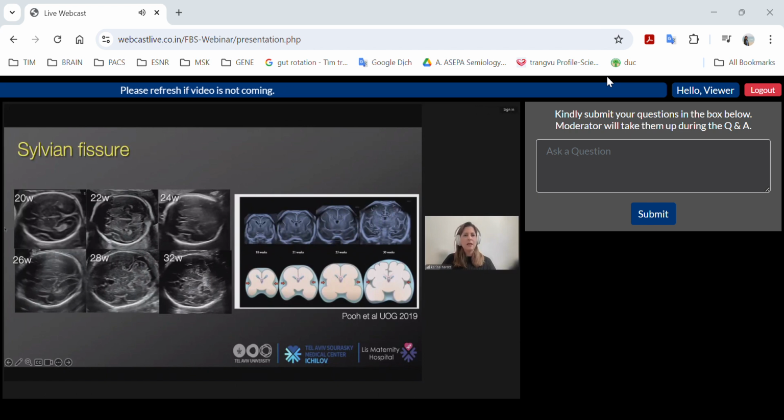And then we need to understand at least our three main fissures in order to start from the second trimester scan. So the development of the Sylvian fissure, and here is this piece of art from Ritsuko showing the development in coronal views, but it's not enough for us to check on the coronal view because the Sylvian fissure is three-dimensional, and in some cases the clue